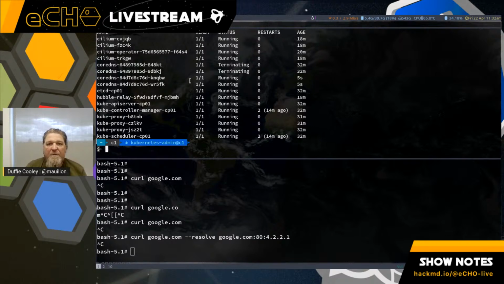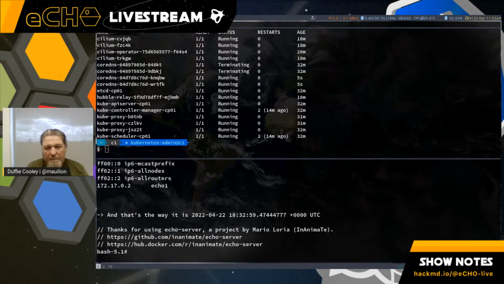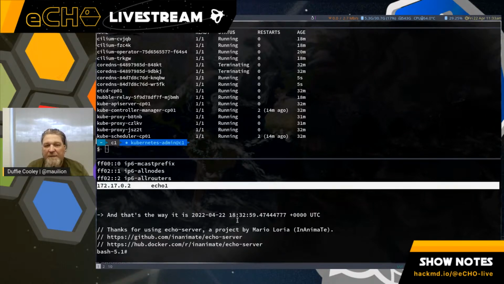So we can see our new CoreDNS pods are up, and if we were to do curl echo.kh.intra, it works, right? We can see that the resolved IP address is echo1.